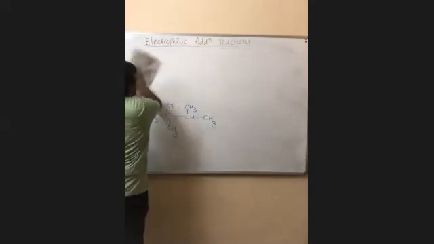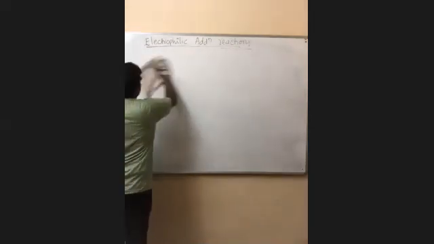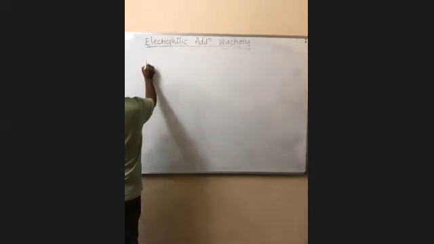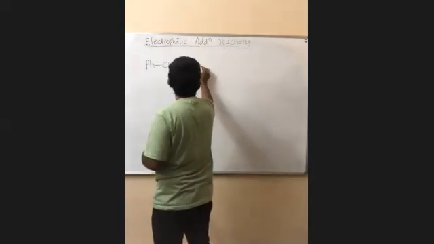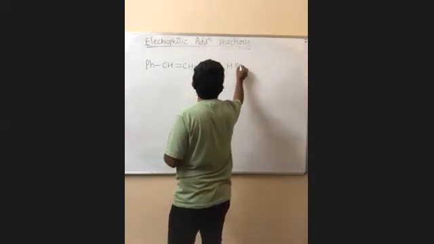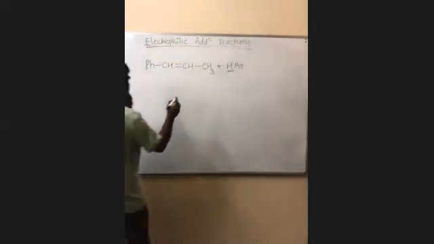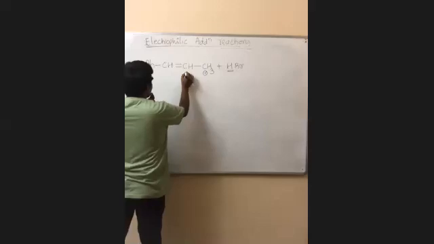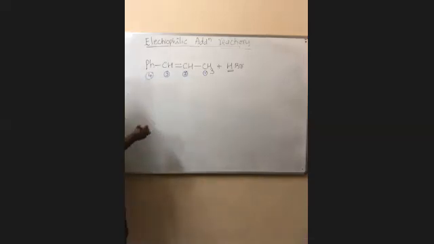What is the product? Again, next. What is the product? Next one. Phenyl, benzene, CH, double bond, CH, single bond, CH3. It is adding to HBr. Now tell me, H will go and bind where, Br will go and bind where. And give numbering. Is it clear to you? Let us write this as number 1, this as number 2, this as number 3. Number 4 is the benzene carbon.